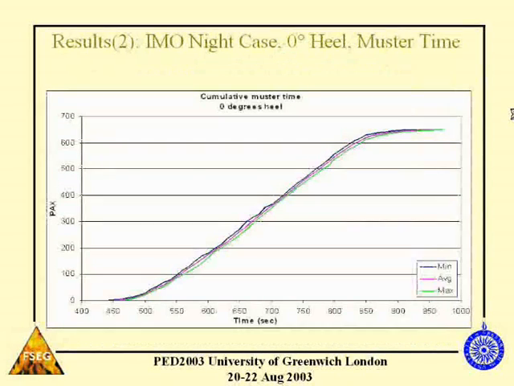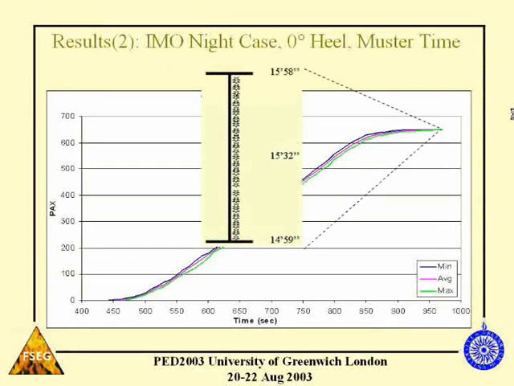Now let's have a quick look at the results. This is the graph of 50 runs. And what's the range? Well, we've got a range of